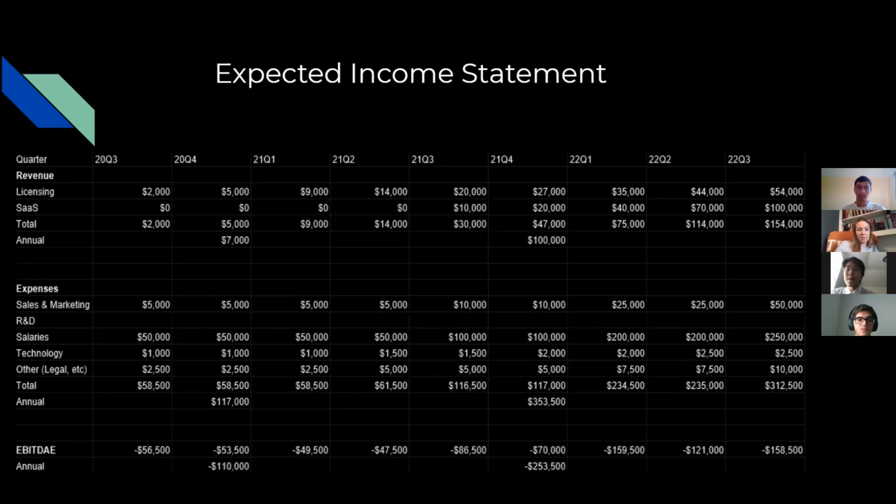Here is our expected income statement. In our first year, we are looking at hiring a web developer contractor and a backend engineer, and offering only a licensing option to our clients. We are only looking at Facebook and Google ads and a landing page for marketing at first, and we will hire marketing and salespeople along the way. The technology component takes into account the cost for servers and tools such as Grafana that we will be using. The other section accounts for legal and accounting fees, which will start at